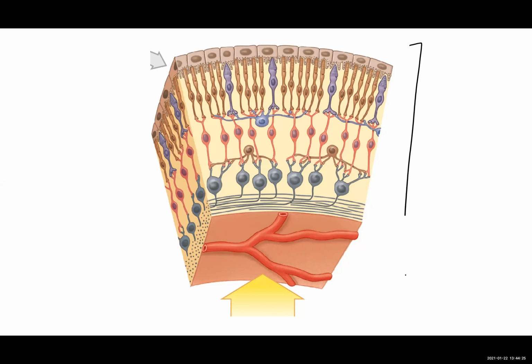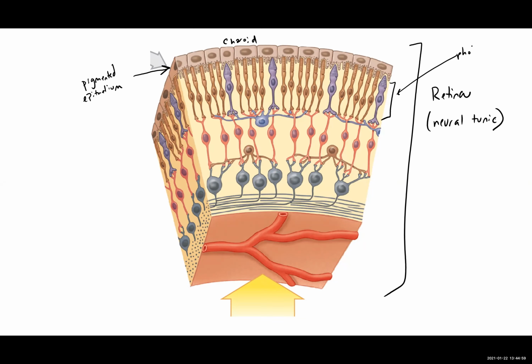All right, y'all, so our last diagram to look at here is a super close-up view of the retina, which remember is part of the neural tunic. And what we can see is that it's just a few layers of cells thick. So we have at the very back, the pigmented epithelium. Just to get your orientation, the choroid tissue would be right here. Next, we see our photoreceptors. So this whole area here would be photoreceptors,